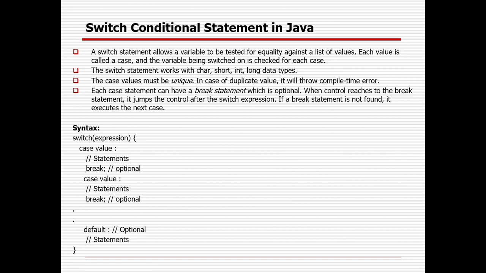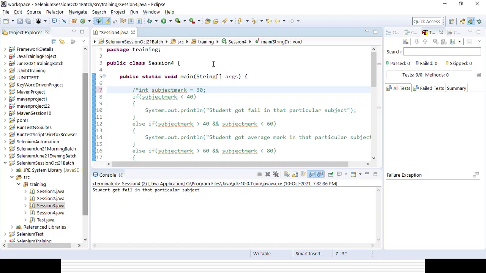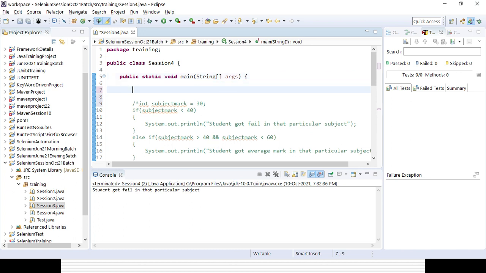Now I will be giving you some sort of switch statement here. So let's go for mark in a similar way, or grade. I have already shown you the integer. Here I will be showing you the other one, which is character. Character you already know, it is only that the data will be a character. So I can say here grade. In case it is a character, we have to put it within a single quote. Suppose I am giving A, B, C, D, you can give it, right. It can end with a semicolon.